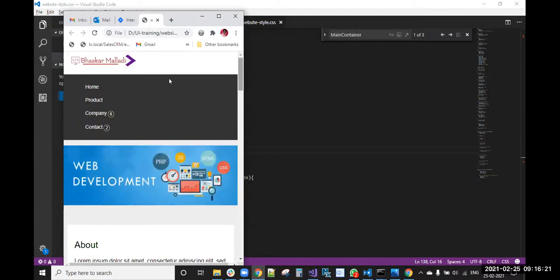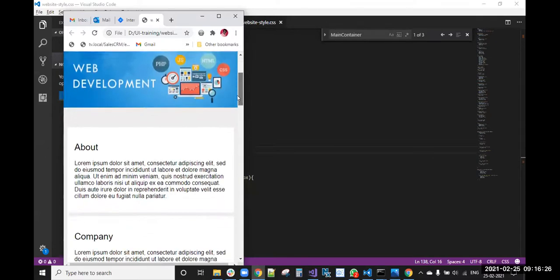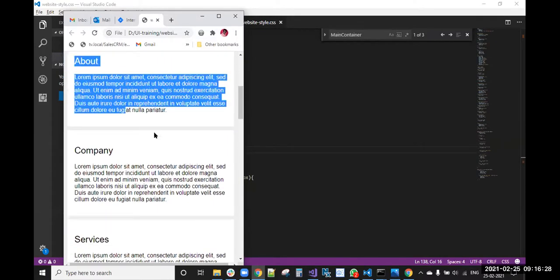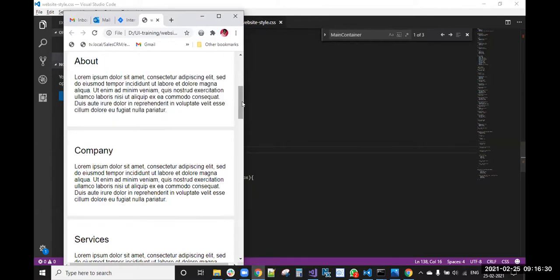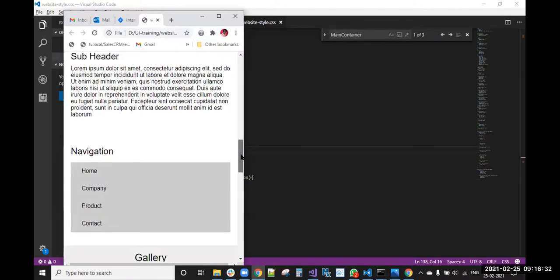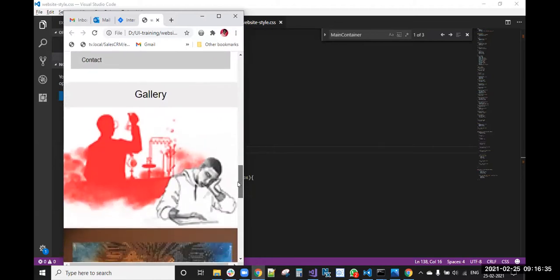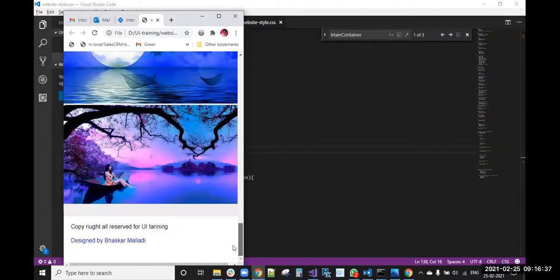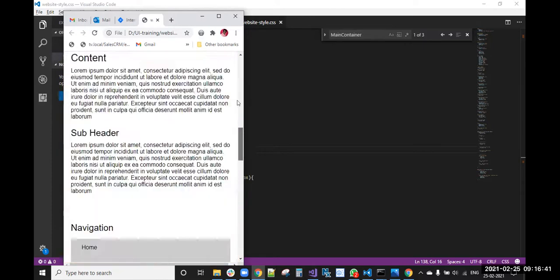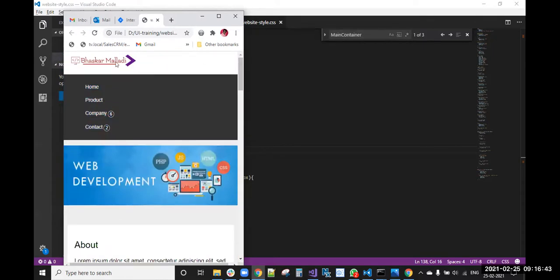You see this. The development is aligned properly. And these sections are also not side by side. Here we will iterate like this. Services contain the subheader and the navigation after the gallery section. The gallery images and this footer text align properly, right? With a mobile device only. In mobile it will look like this only. Up to here, this is a tab only. Okay. Then it goes to the laptop, the 15-inch screen.